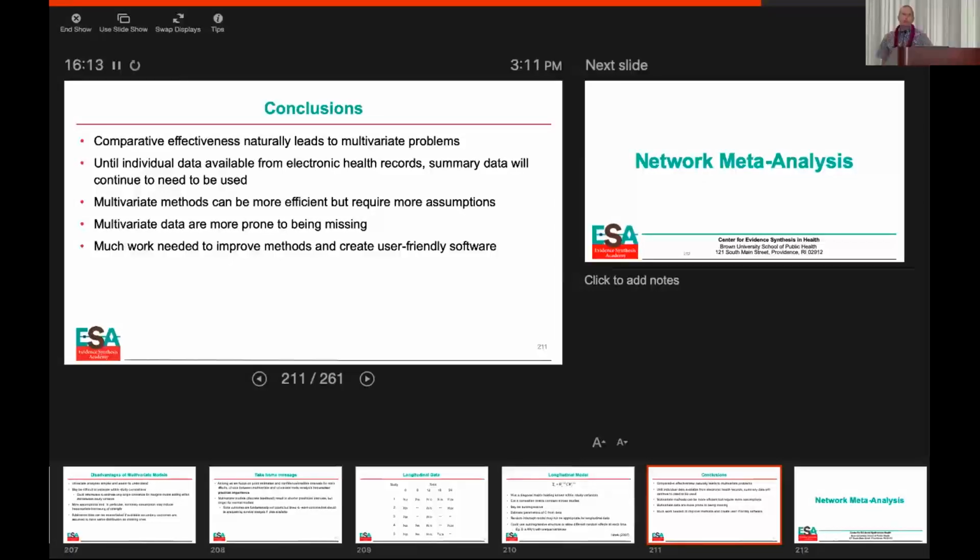I think things are improving. People have been talking about these models now for quite a while, and I haven't seen too many analyses where people actually use these in practice. I don't know whether that's because the software is not available or the data are just not amenable to it, because my experience with most of the data that I've seen is that a lot of times you have a lot of missing outcomes. You might, for example, find a